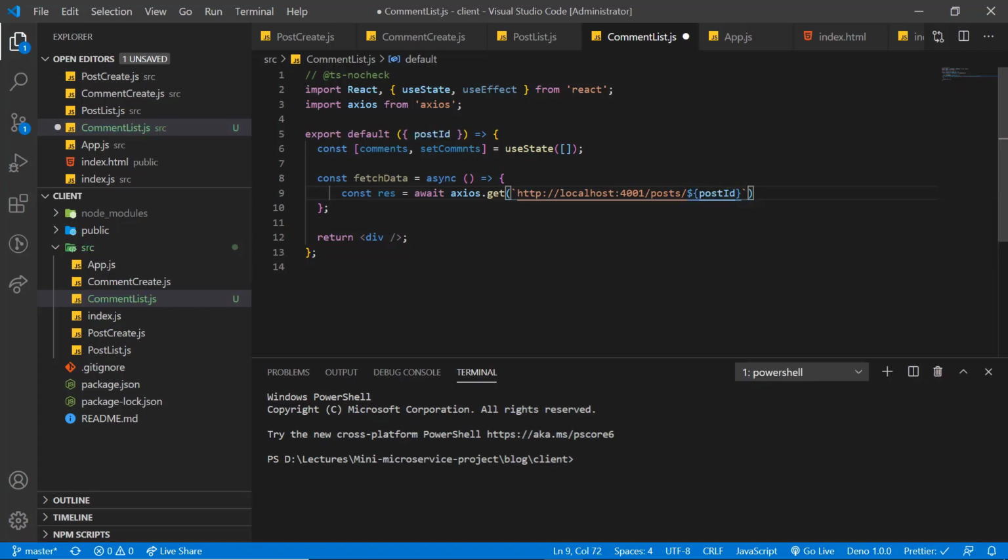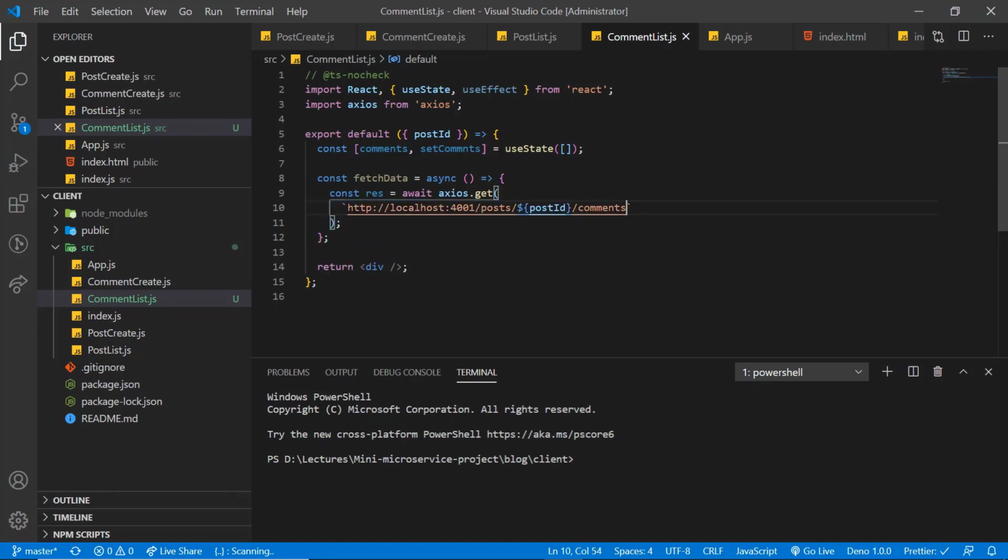This is the post ID that we are getting here. Slash comments. Save this. Now we are going to take data from this response variable and update our comments using the setComments function.